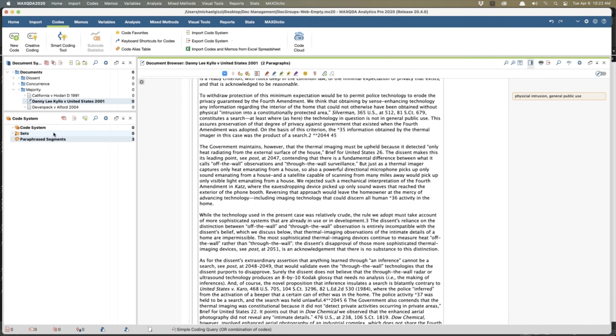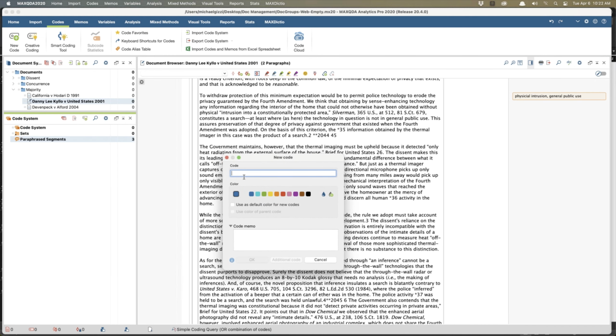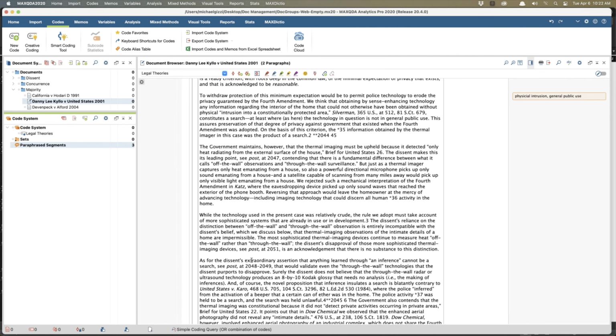Notice a couple things. New code. It doesn't matter where I do it from. Click new code, and it brings up the code. I'm going to type up legal theories. I'm going to create a code. I didn't create a code memo for it.